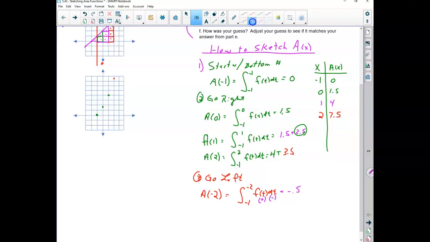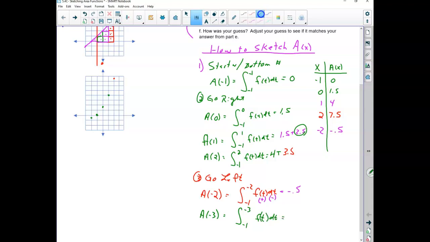So now I got to go down at -2. I'm going to go -0.5. I went down a little bit. So I'm going to go over, and I'm going to be down right about here. And we need one more. We still need our A of -3. Well, that's going to be the integral from -1 to -3 of f of t